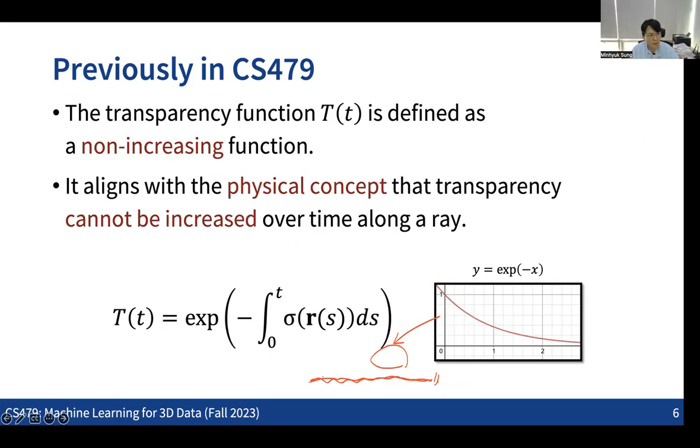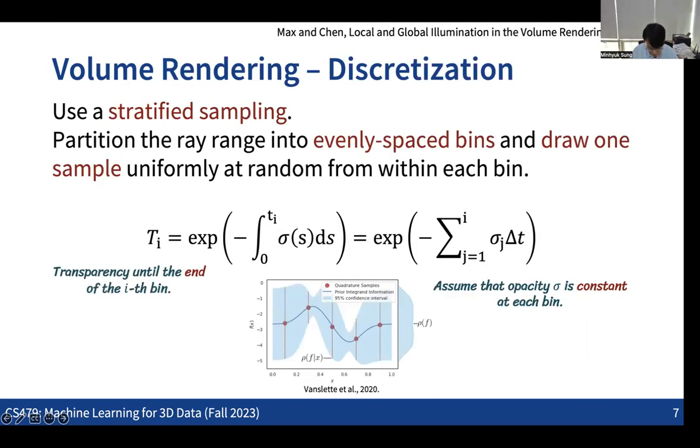By incorporating this kind of physical idea, we can make the neural net training more stable and converge faster. That's the idea of using the volume rendering equation in the NeRF reconstruction. But these are all cases where the equation is in the continuous setup, and we also need to discretize everything in our computation. So what we can do in the real NeRF implementation that we already implemented in assignment 2 is